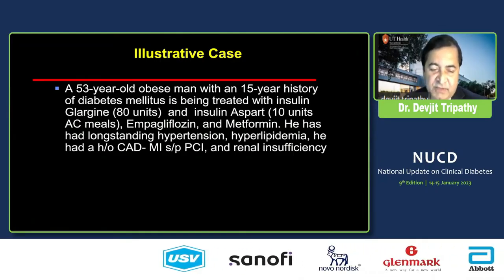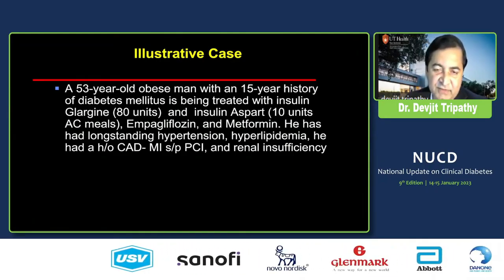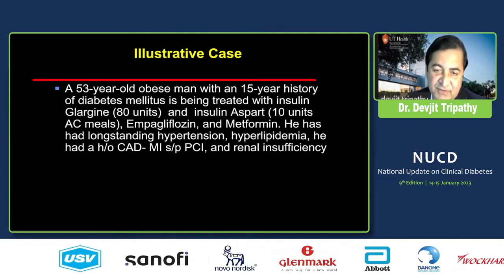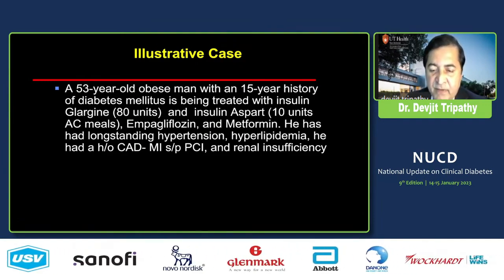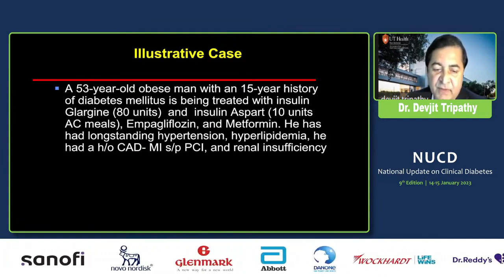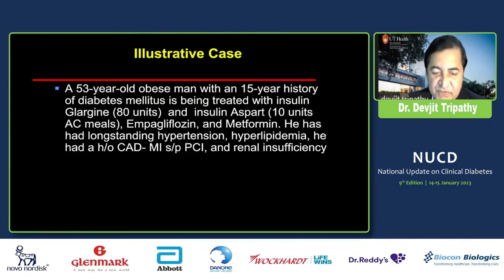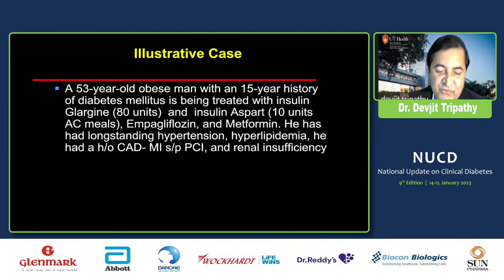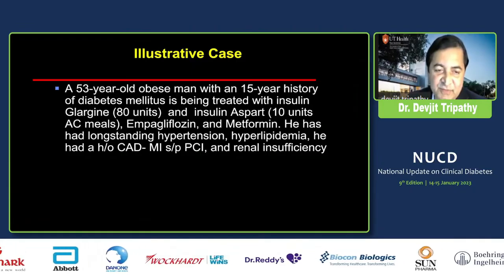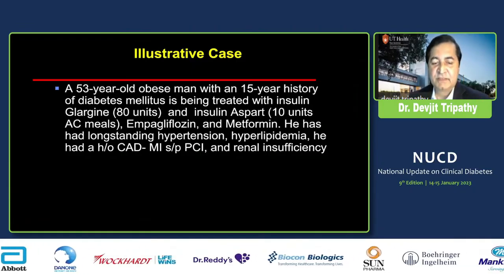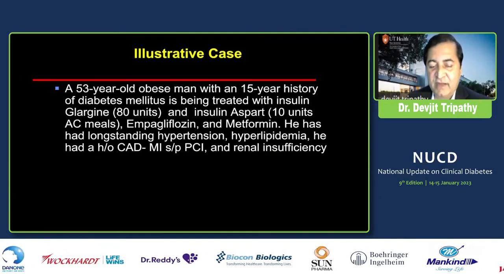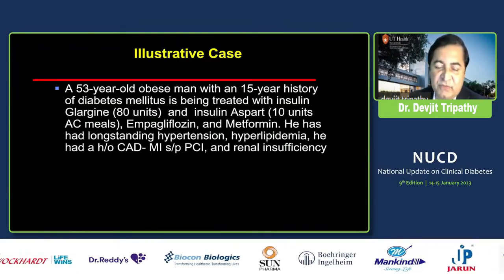And 8 months later, when I see him in the clinic, his current A1C is 5.9%. That is in the pre-diabetes range. And he no longer is on insulin. And he's lost 50 pounds of weight, which is about 20 kilos. And his eGFR is stable. And this kind of efficacy with an anti-diabetic agent, we have not seen before.